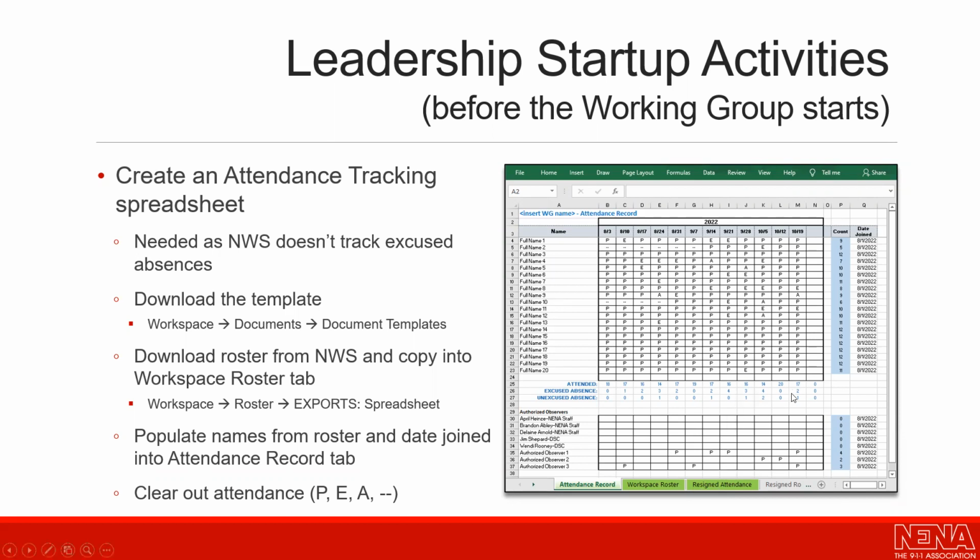My understanding from Delane is that, because of how documents are supposed to follow ANSI processes, she is still saying we have to go into NENA Workspace and make sure everyone is recording their attendance. If they didn't record their attendance or their absence, you as the work group co-chair can do it. By having the spreadsheet, it's really easy, whether you sort by first name or last name, to go into NENA Workspace and find the ones that didn't mark it